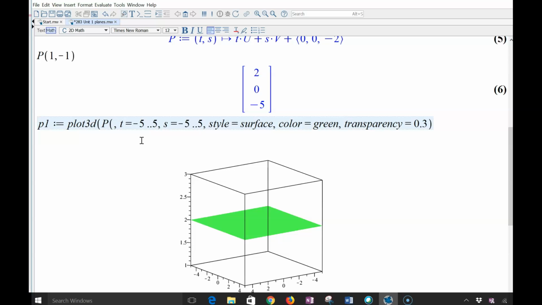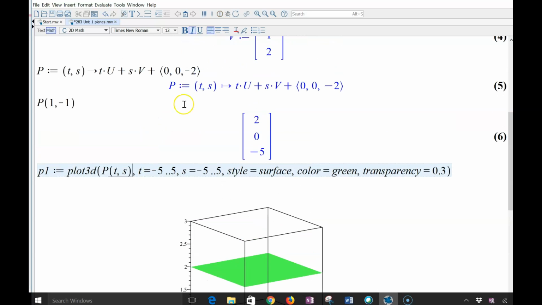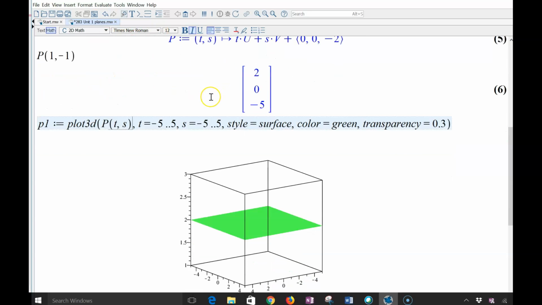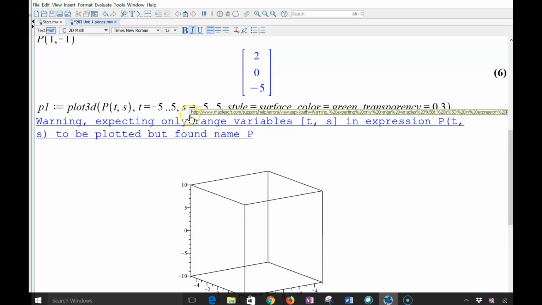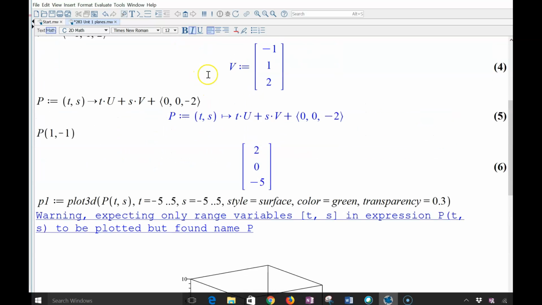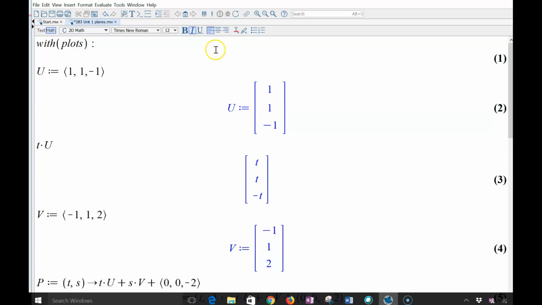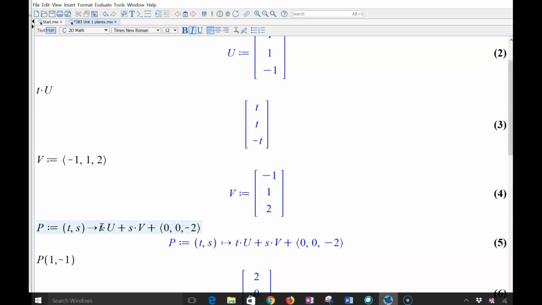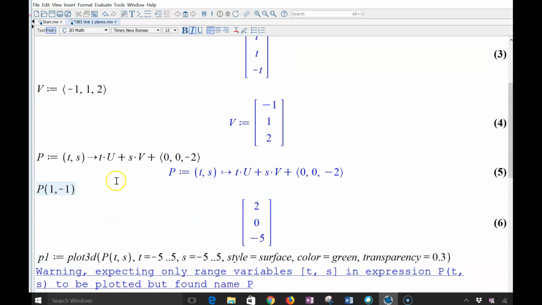If I put capital P of t comma s, then that's going to plot this parametric surface, which is going to be the plane that I want to look at here. Now the reason it gave me that error is because I opened this file and I didn't reload everything, meaning I didn't actually define this by pressing enter on it. So if I do that now,